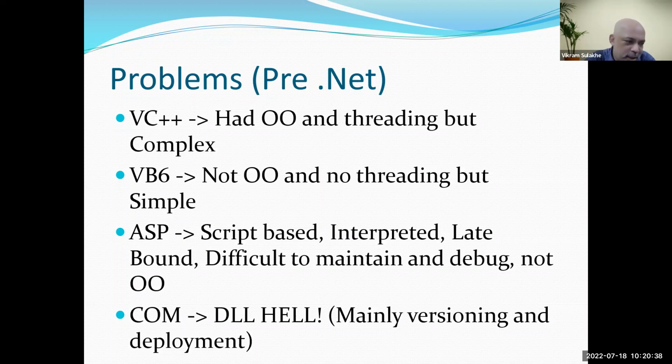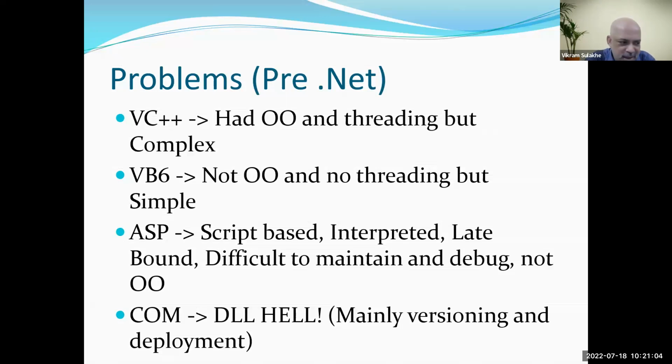If two versions coexisted on the same machine, these would cause problems for you, right? So this is what I mean by versioning. If you had two versions of the same component on the same machine, this could cause problems if you did not follow certain guidelines as a developer,